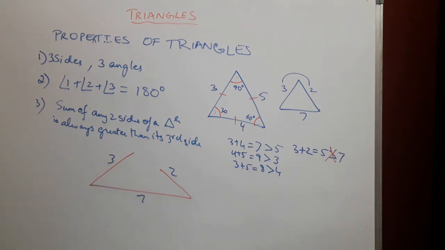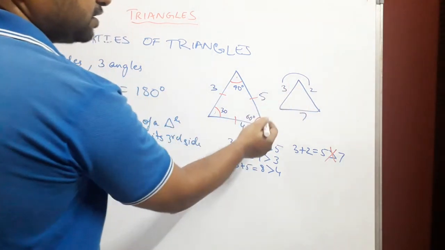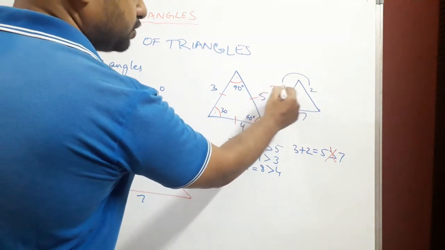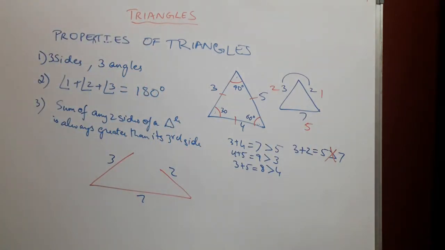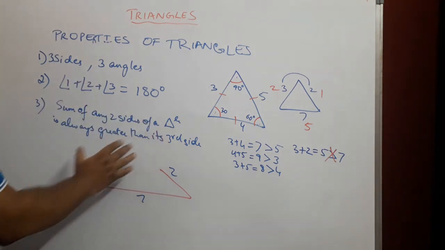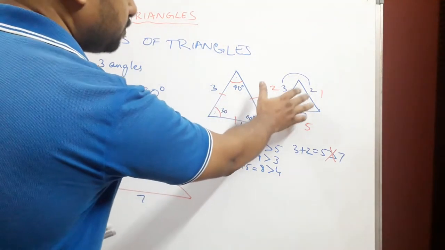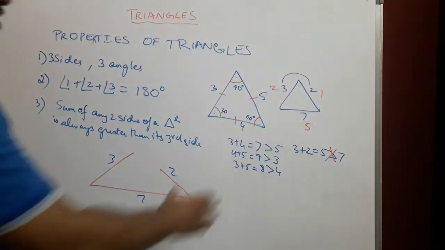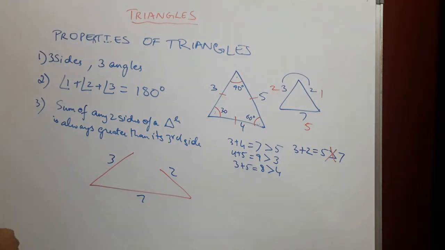You can try out this particular figure and see if it works. There are various figures. You can also take different lengths, like for example 2, 1, 5 instead of 3, 2, 7, and see whether it actually works or not. Okay, it will not, because as per the property of a triangle, the sum of two sides of a triangle should always be greater than the third side. So this triangle is correct. This does not form a triangle, because it is not possible for 3 and 2 to meet when the length of the base is 7 centimeters.